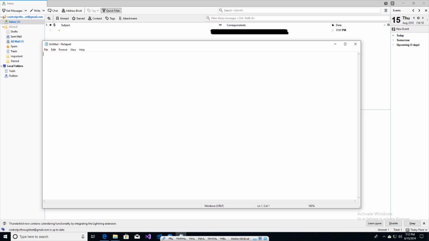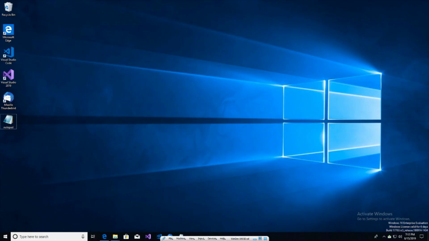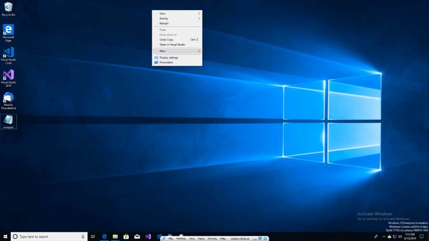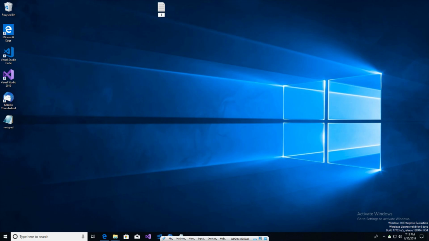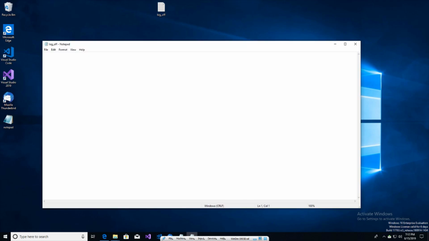In order to do that, go to your desktop. We're going to right-click, New, Text Document. Let's call this log_off. Open up log off, and here's what we're going to type. We're going to type shutdown -l, and that's it. That's going to log the